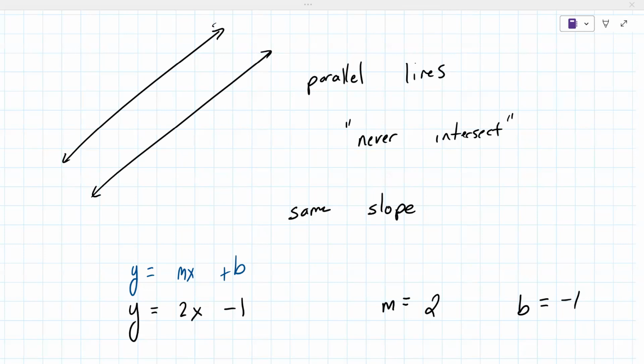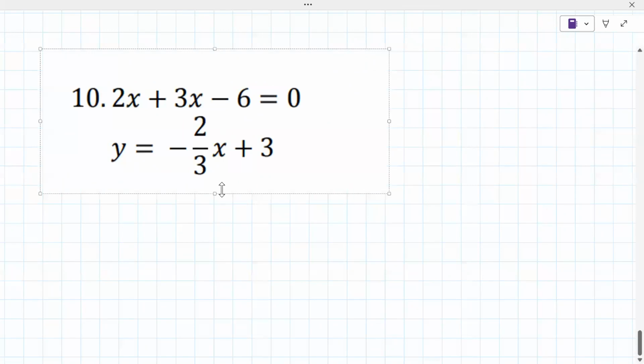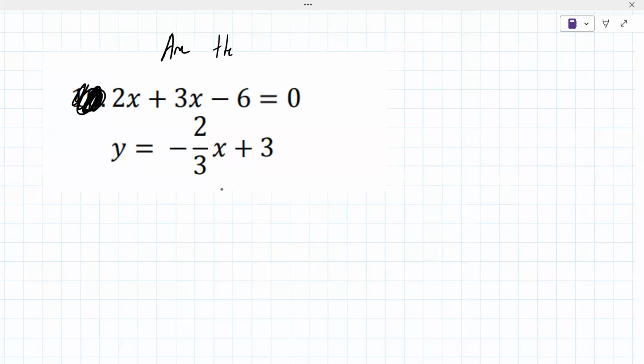So we're looking at a new problem here. This is the typical problem you'll see. They'll give you two equations like this. Let me get rid of this 10. And they'll ask, are these lines parallel? And to answer that question, your answer is, well, they're parallel